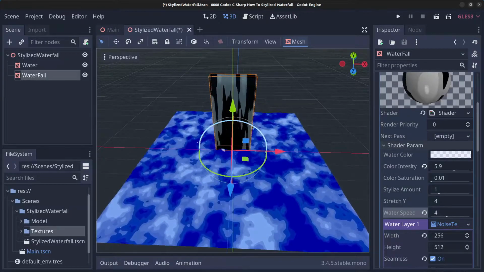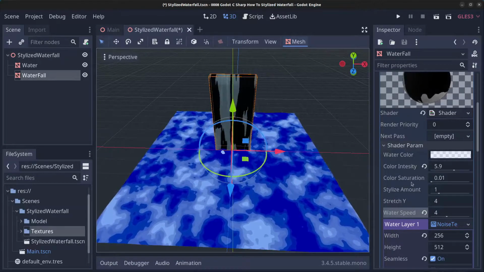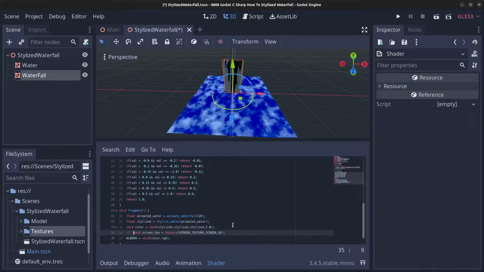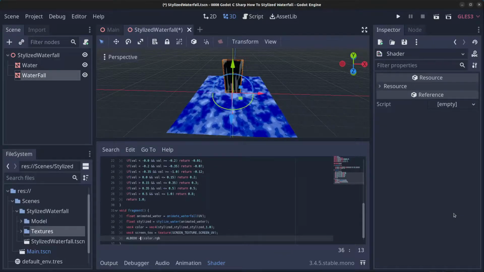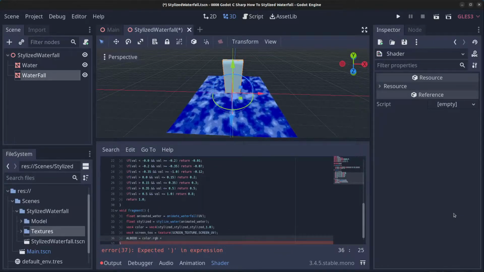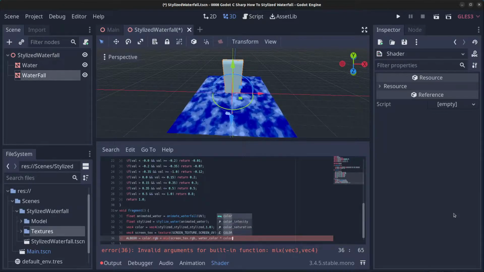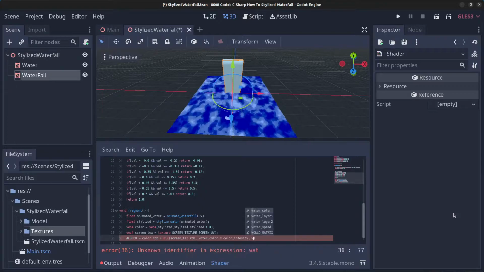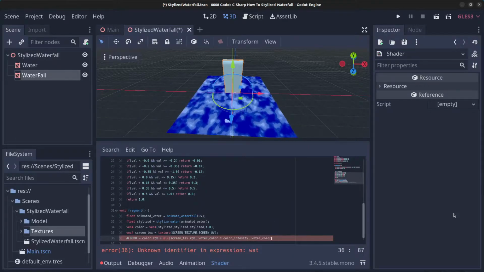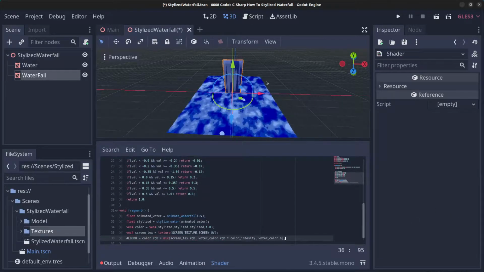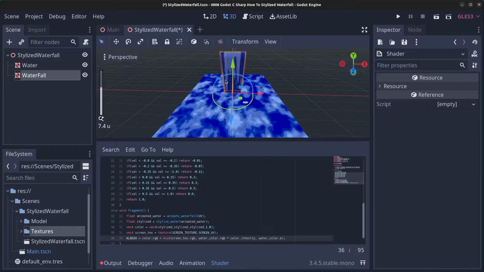Next, we're going to add the transparency here and make sure these colors are actually doing something. So let's go back to the shader. I'm going to start by getting the screen texture. And we don't need to use the vector 3 there. So we're going to add a plus. We're going to add the mix here for the screen texture .rgb. We're going to get the watercolor and multiply this with the color intensity. I'm going to apply this. And we're going to get the watercolor alpha here, like so .rgb here. Okay, and we now have a transparent waterfall here, but we don't see that,